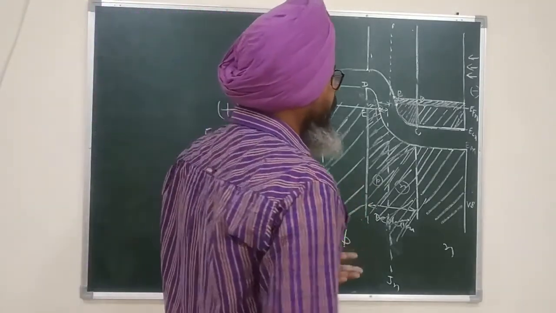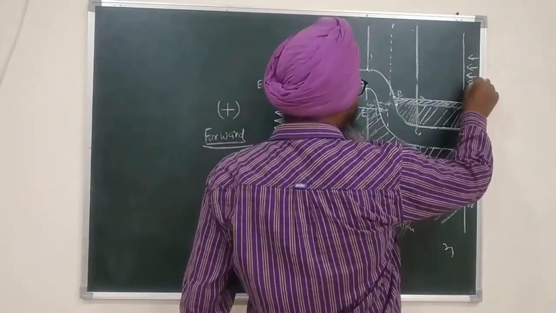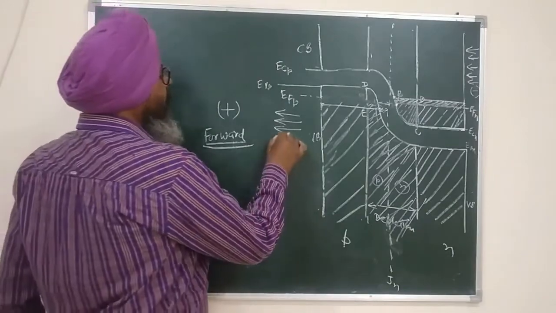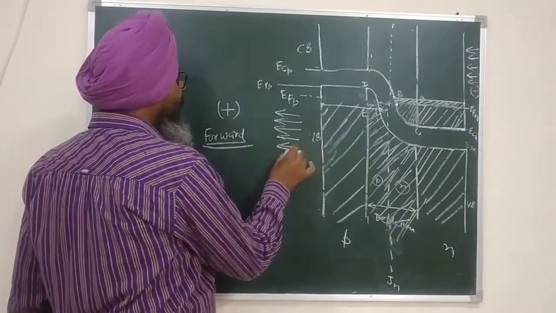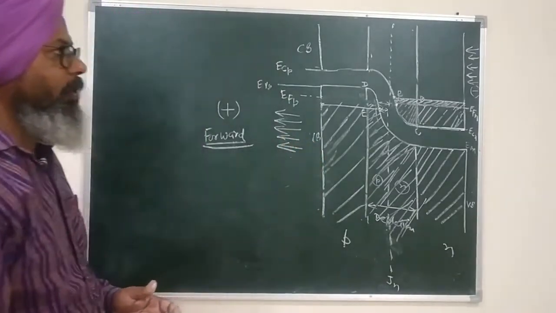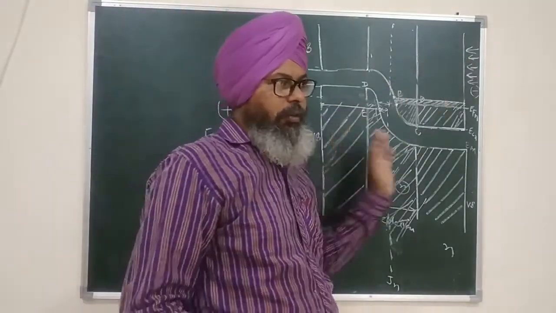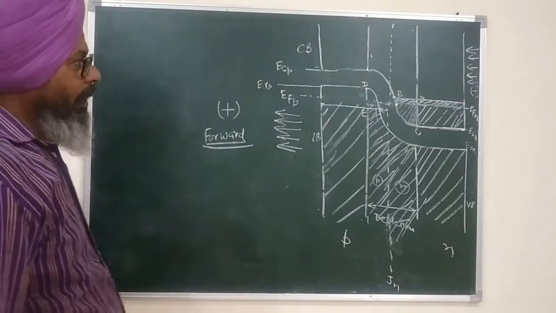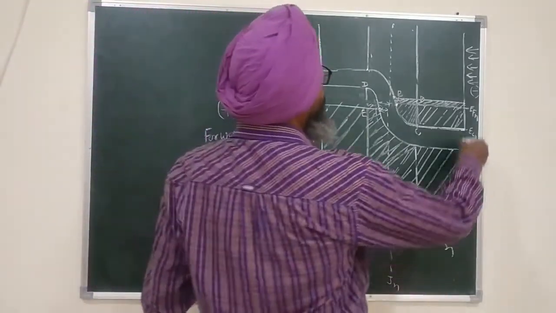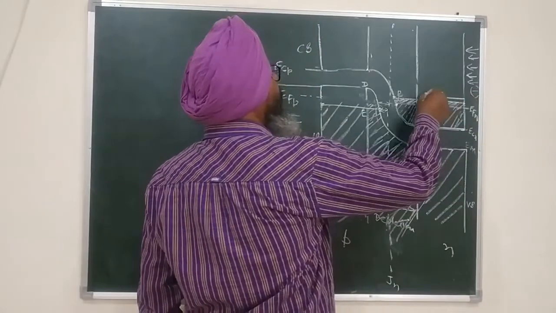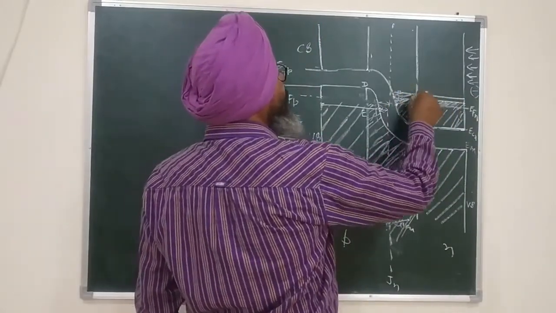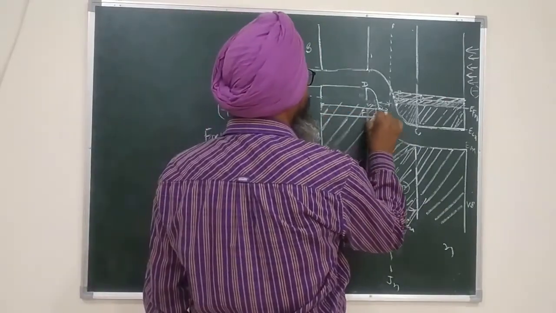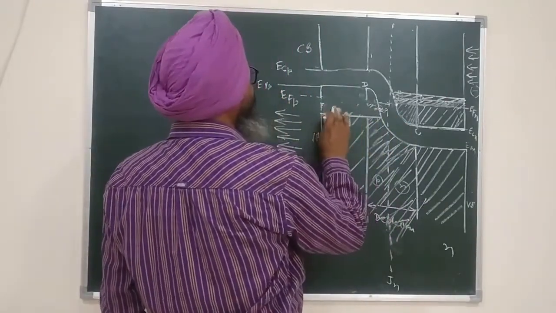If I increase the current, then the supply of electrons from the battery from the negative side will increase. Similarly, the extraction of electrons by the battery from the positive side will also increase. Again, these arrows you must keep equal. Initially I showed 3, 3, now I am showing 5, 5. So more electrons will come. When more electrons come, the Fermi level will again go above, and this Fermi level will go down and it will become unshaded.